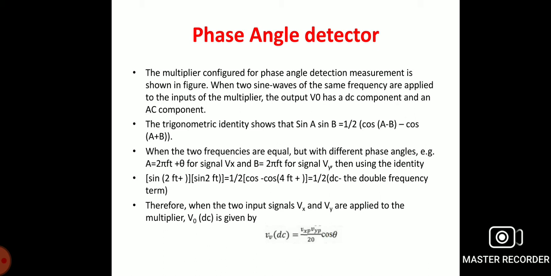So the DC voltmeter can be calibrated as a phase angle meter when the product of Vx and Vy is made equal to 20. The 1 volt range DC meter can directly read cos theta, with the meter calibrated directly in degrees from a cosine table. The input and output waveforms are shown. From the above equation, V0 DC is equal to cos theta if we make the product of Vx and Vy equal to 20, in other words Vx equals Vy equals 4.47 volts.